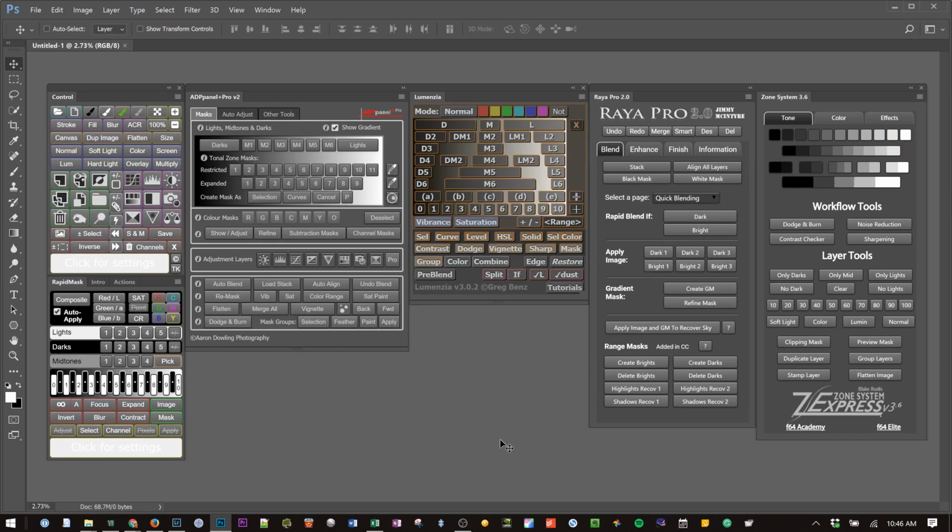the ADP panel. I think they're both very powerful tools, and I have a hard time recommending between the two, but I have to give the nod to the ADP panel because of the training materials. Lumenzia is kind of severely lacking in that area. He has some very basic tutorials that'll get you started, but it's not going to get you real deep, and it's not going to get you,